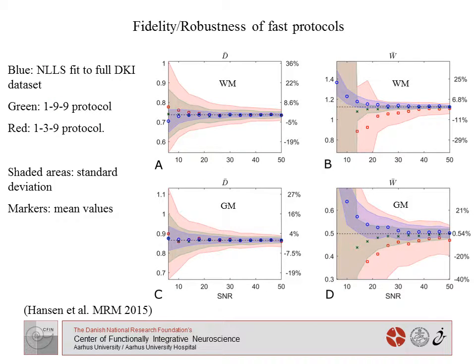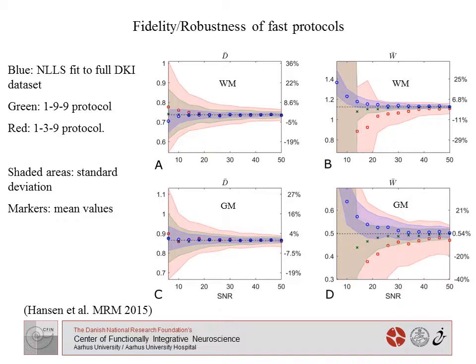We also map the performance of the techniques, the 139 protocol in red and the 199 protocol in green, and for this benchmarking we use a non-linear least squares fitting algorithm applied to a large dataset consisting of 150 images as a basis for comparison. The SNR level is shown on the x-axis. We have white matter in panels A and B, and grey matter in panels C and D. A and C show the performance for mean diffusivity, and B and D show the performance for mean kurtosis. The shaded areas in these plots represent the standard deviation,